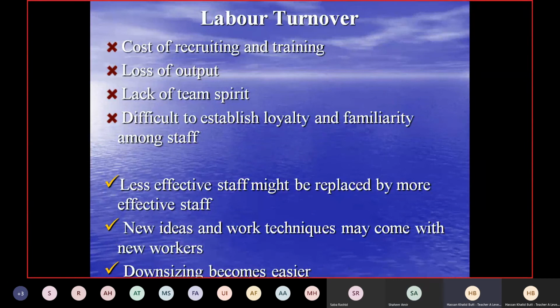So it means if you want to downsize workers, because let's say your cost is increasing and you have to reduce your cost, one of the cost reduction measures is to reduce the number of workers. Okay, that is downsizing. But you know that when you downsize workers, you have to make them redundant. I told you earlier. And then there is bad image as well as redundancy payment. That might be huge for certain workers. I can tell you,